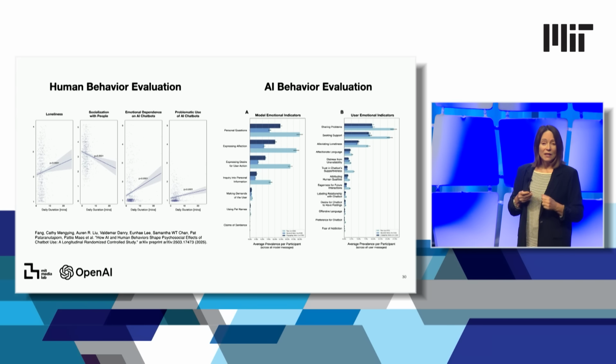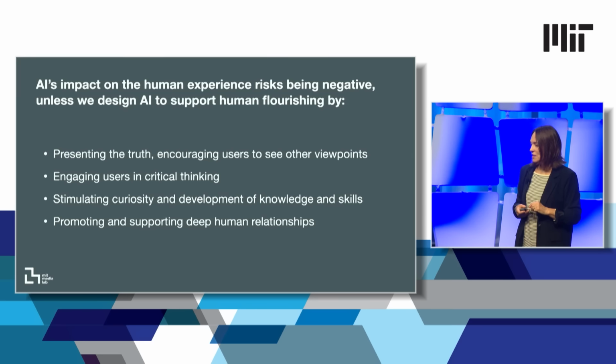Together with OpenAI, actually, we came up with a new method for evaluating the social and emotional impact of AI models on people. And we now have classifiers that can actually look at interactions, conversations between the user and AI to figure out whether a model does well in terms of being more pro-social and encouraging the person to reach out to people rather than encouraging the person to just talk to the AI, for example.